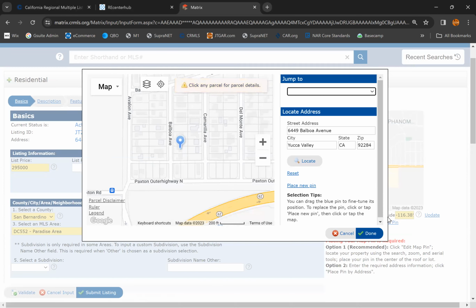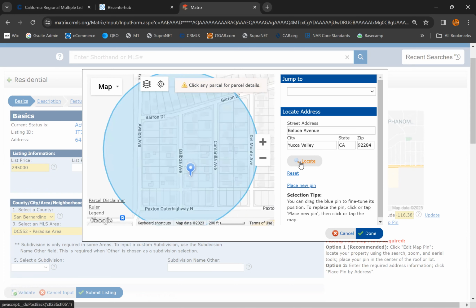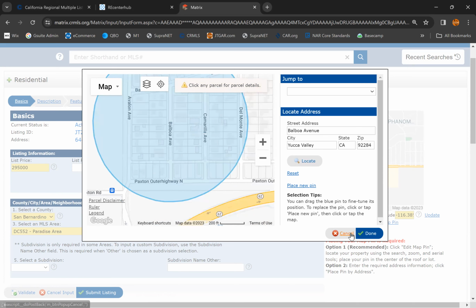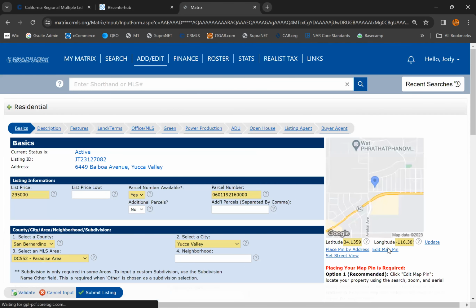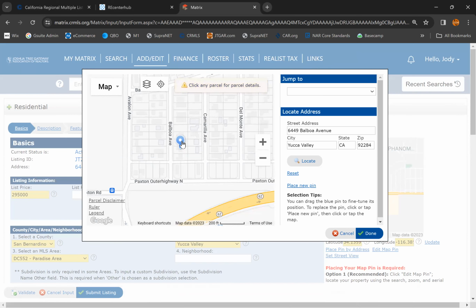So click on Edit Map Pin. If you do locate by address, it'll usually give you a suggested one. This isn't always going to be accurate. In fact, if you don't have a street number, it'll just give you an area of suggestion, and you have to know which of these is the proper parcel. Now, in this case, here is the map pin, but if you're not sure which one